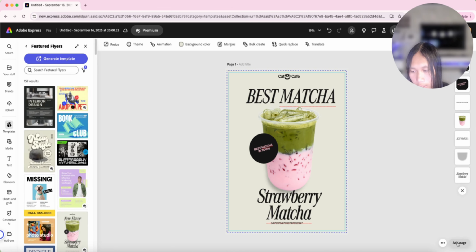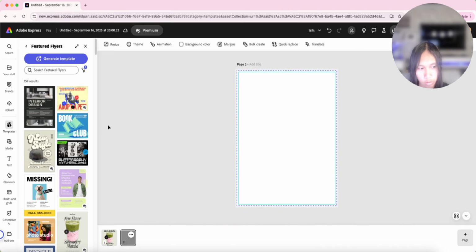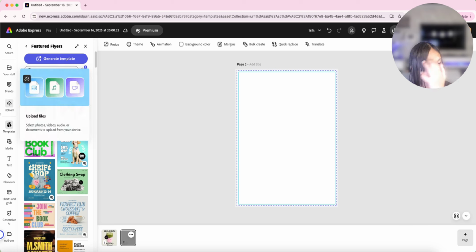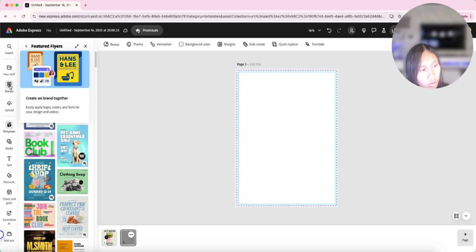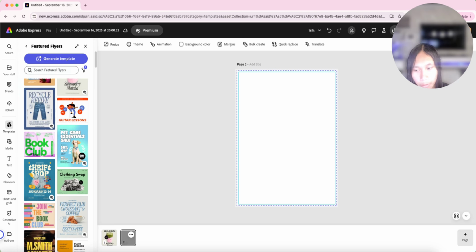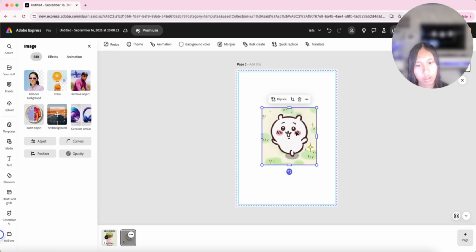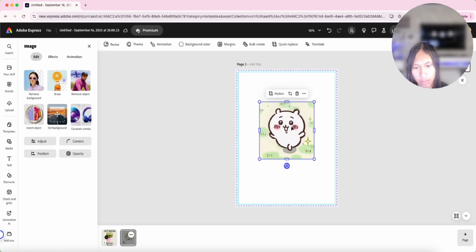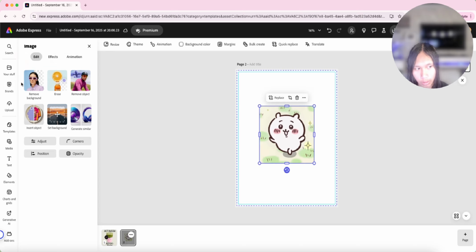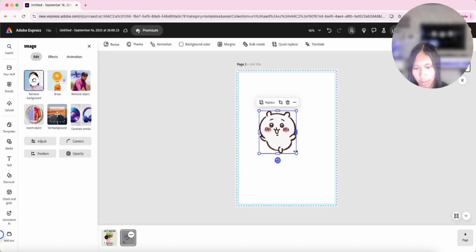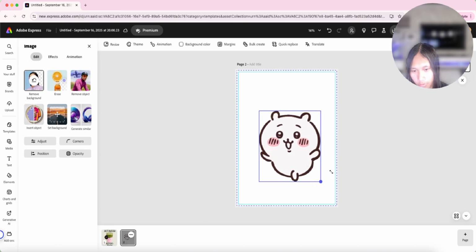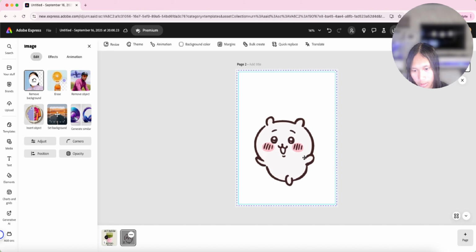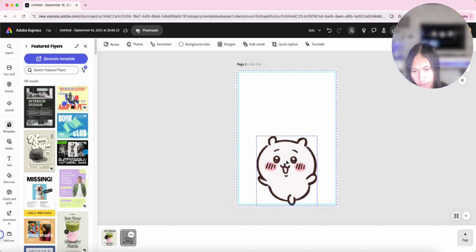So here we could just add a page. And then you could either make the same size or custom size. So make a new one. And then here you could add your image or any kind that you want. So I'm going to upload mine. Okay, so now that I added my image, this is basically Chiikawa. You guys could see in the other videos on Chiikawa. Chiikawa's pretty cool. Okay, so now that it is removed the image, you can see here, let's add a character